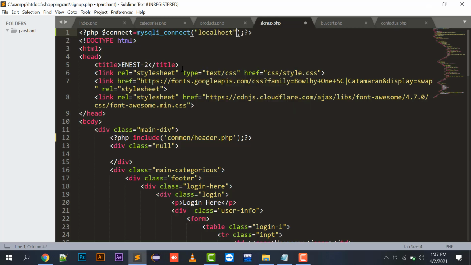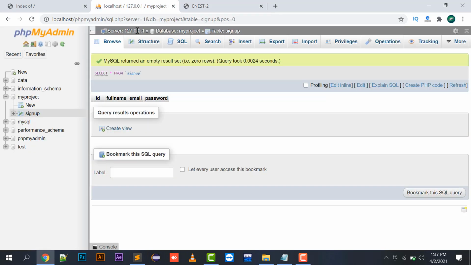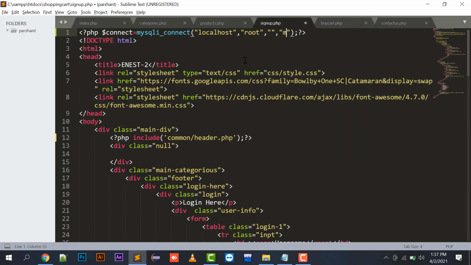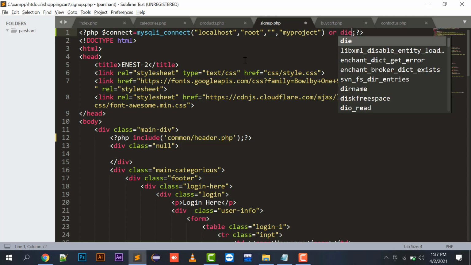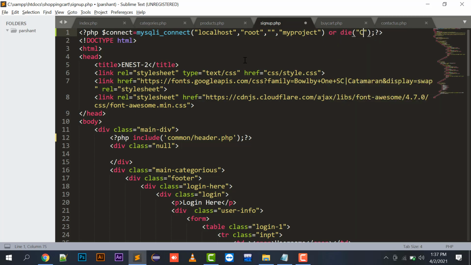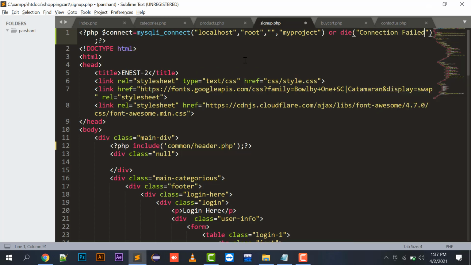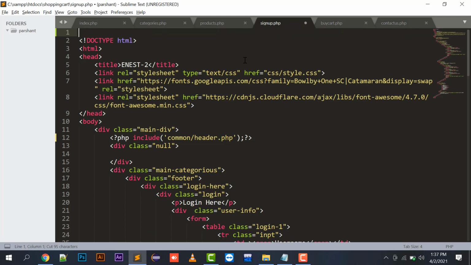Localhost is your server name, root will be your username and blank will be your password, and the database name is my project. Fine. I will place an or condition here, or die connection fail. If the connection is not made, then it will display the message connection fail.